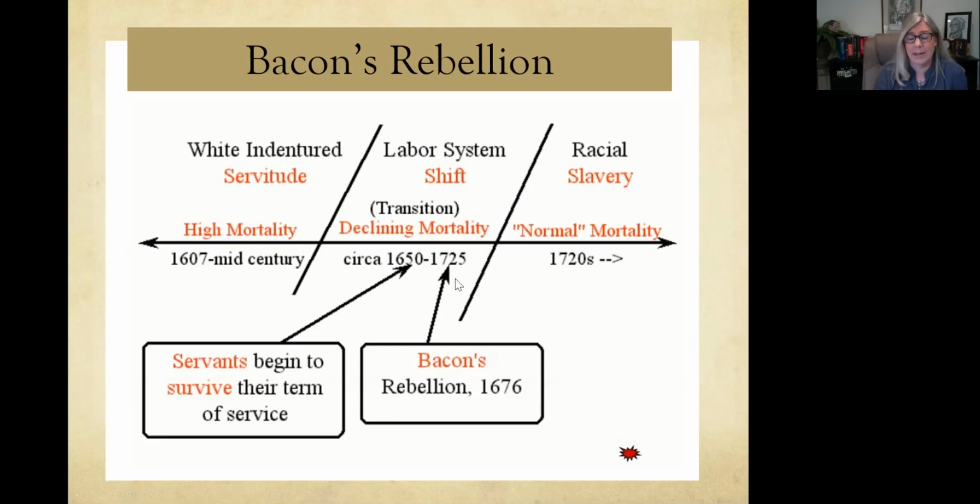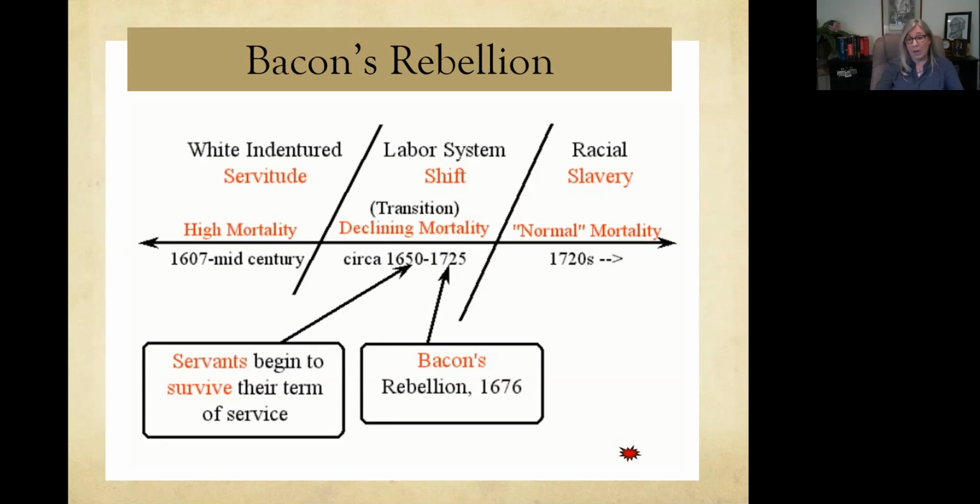After Bacon's Rebellion, the labor source will shift very, very rapidly to enslaved labor from Africa. So the white indentured servants, there's a couple of reasons for this. One, the economy in England has stabilized and not as many people are willing to become indentured servants and come to the colonies. But two, you've got this situation with Bacon's Rebellion where these former indentured servants are causing more and more trouble within the colony,